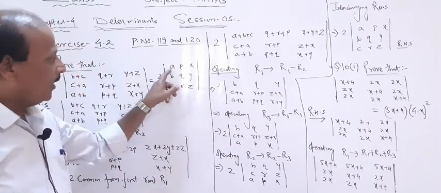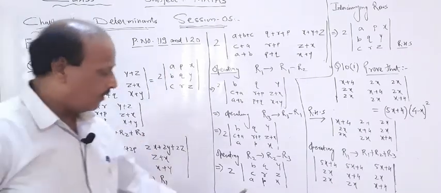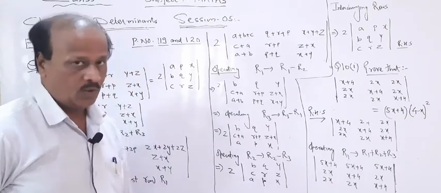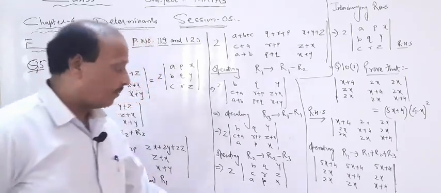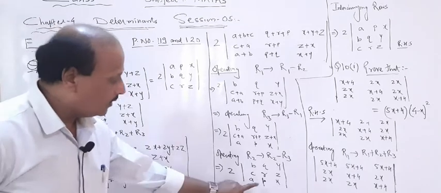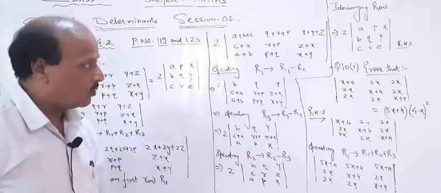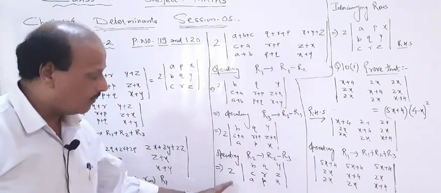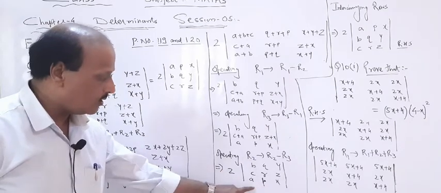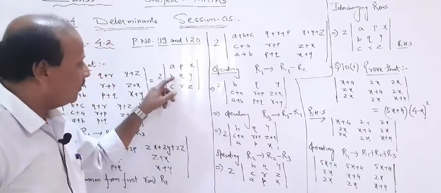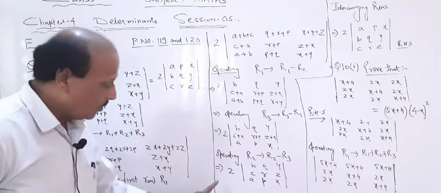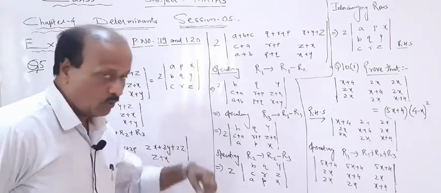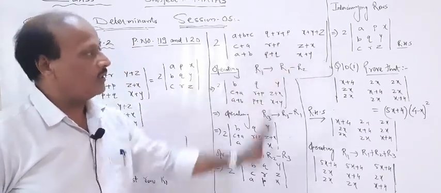Here you see APX is the first row, and in our solution APX is the last row. So, do you remember the second property of a determinant? You can interchange 2 rows or 2 columns; there will be a difference in the minus sign. You interchange these 2 rows, and then the resultant rows will be replaced by PQY. So, using property number 2 two times, you are going to get the right hand side.